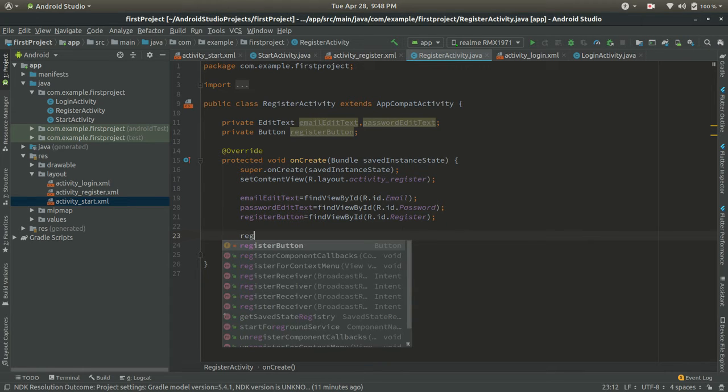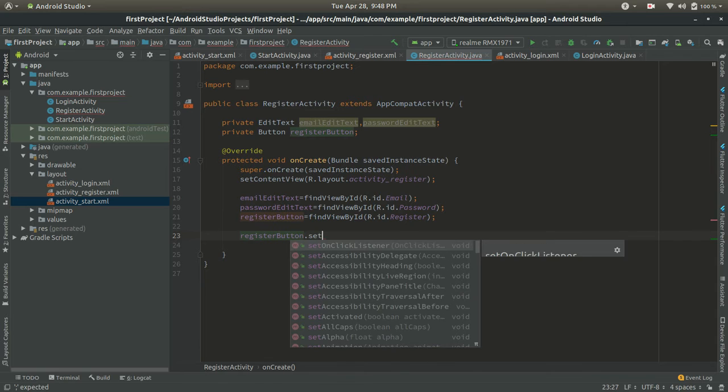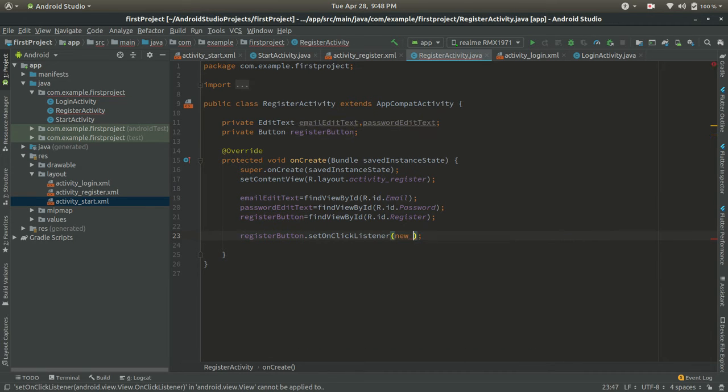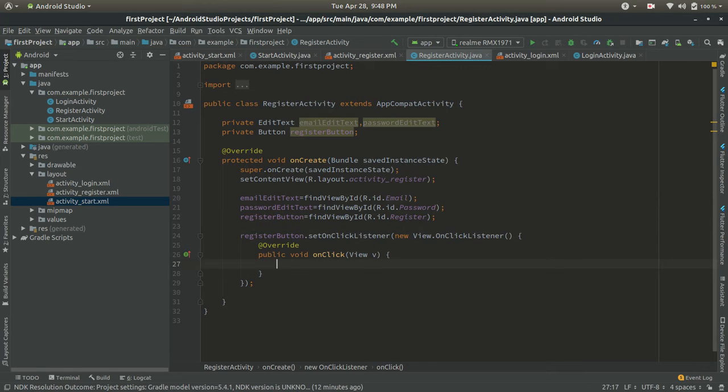Now we will create a click listener. So the register button dot set on click listener, new View.OnClickListener, and now we will create a string. So string which will contain the text email, equal to email edit text dot get text dot to string.